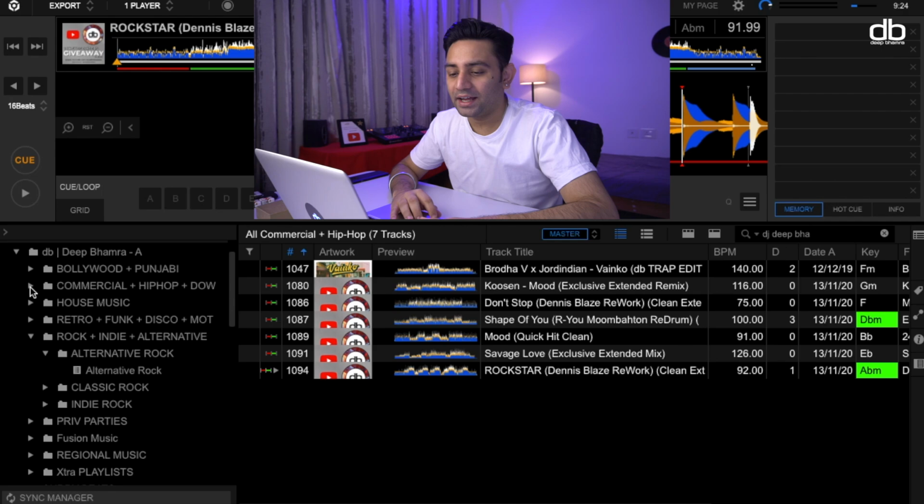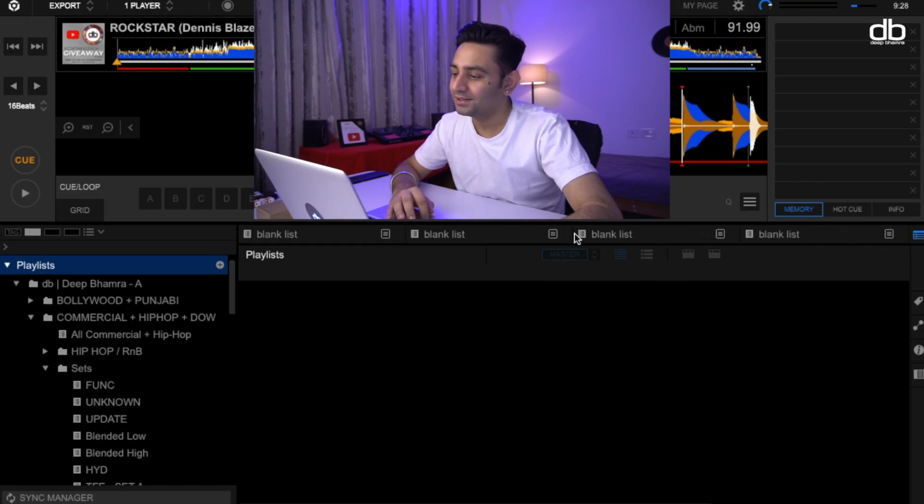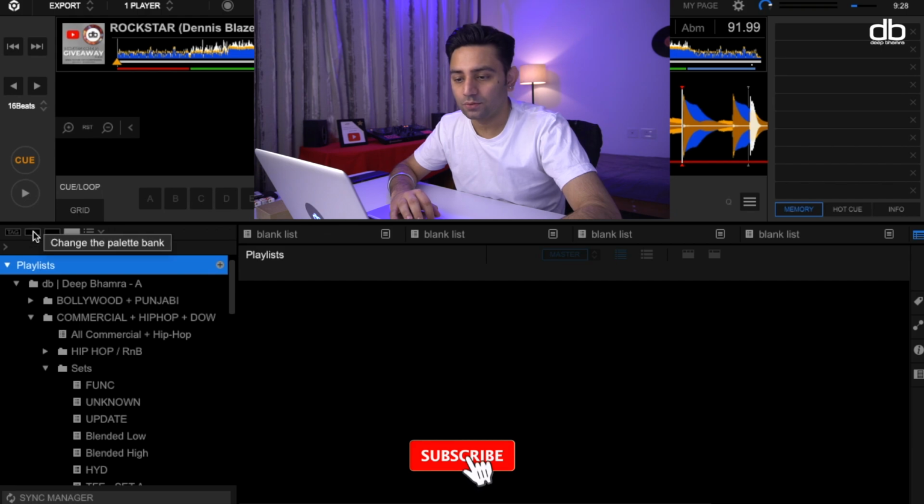So what I would like to use is this shortcut feature called the palette feature. Now to activate the palette window, all you need to do is click on this icon here, and that will open up the palette window, and you can see 4 playlists are displayed here. At the moment they are blank lists because I have to add playlists to this palette. You can actually add up to 12, 4 on each bar over here. So there are different windows. This is the second window, this is the third window, and each has 4.